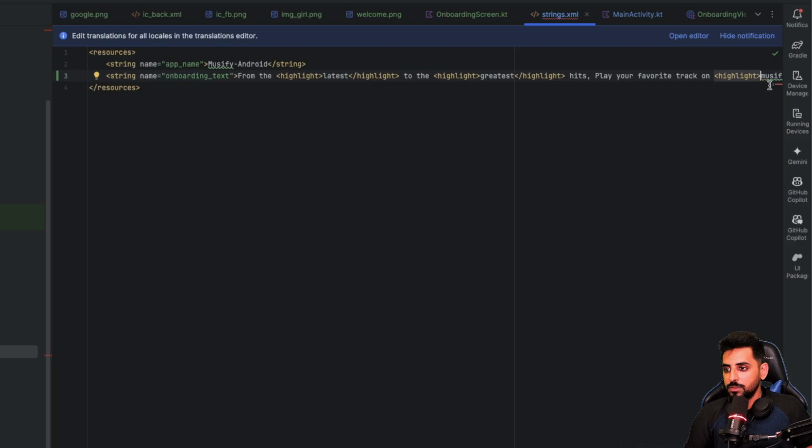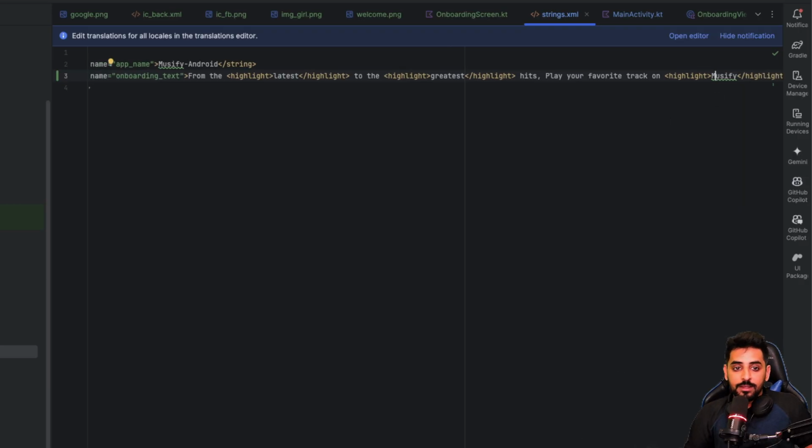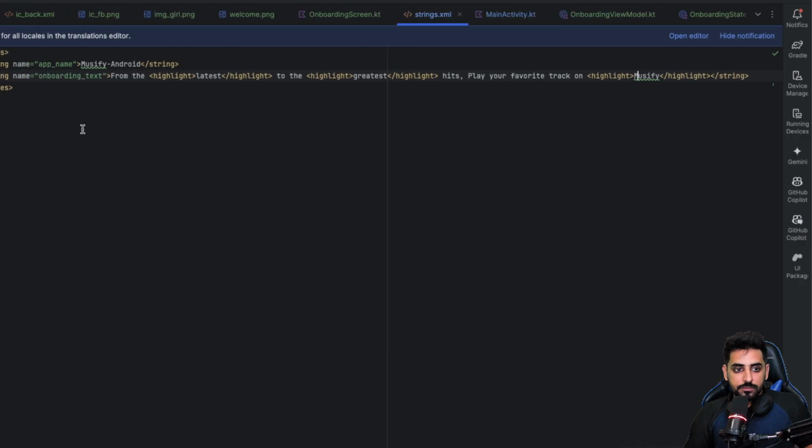And then we will be using Musify as this as well, and we'll close that. And I think let's just make it a little bit better. Okay, so what I did over here is that I added these highlight tags,